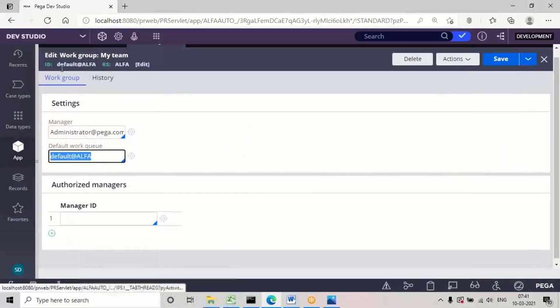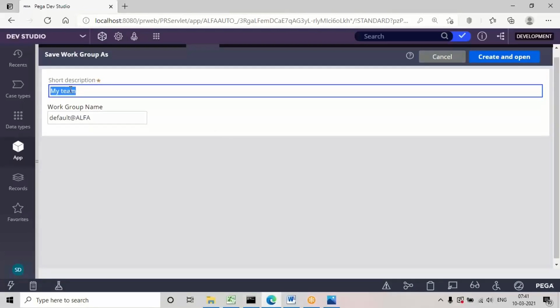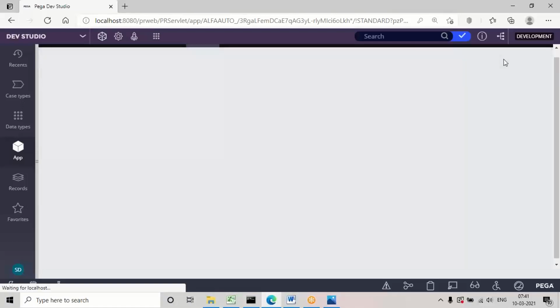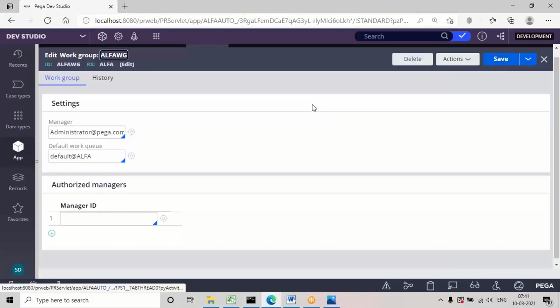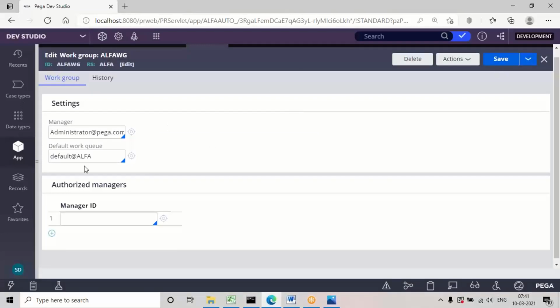So what you can do, open that, use the save as option, and just update the name. I'm giving alpha wg for work group. I'm giving the name as alpha wg and click on open and save it. Okay, see, in this the default work queue is there, right?